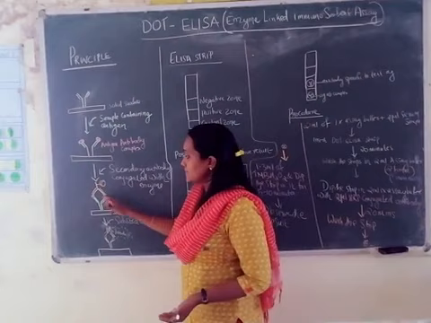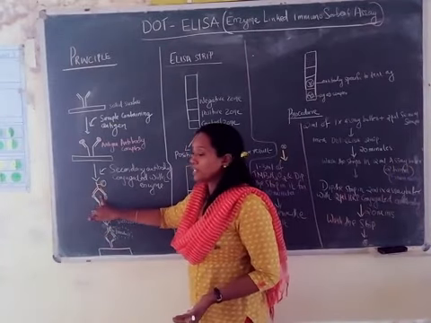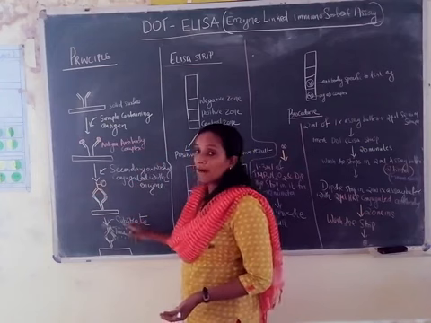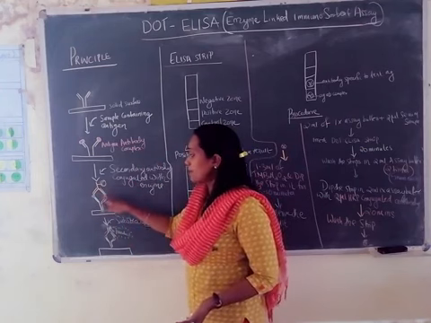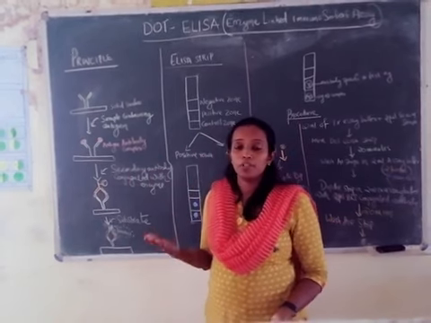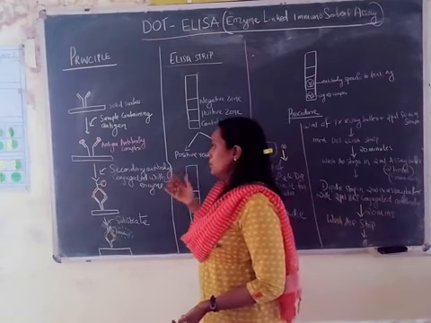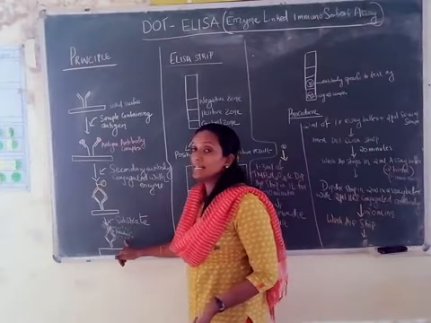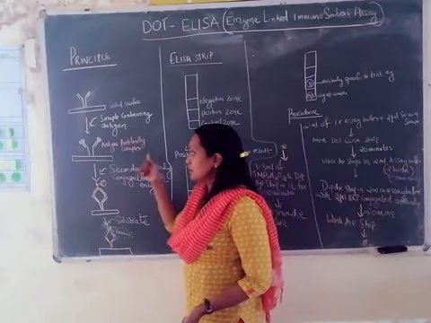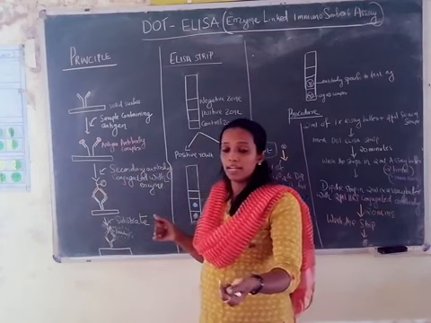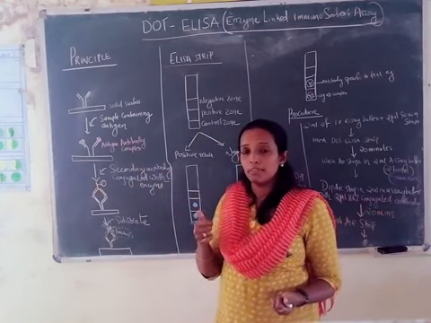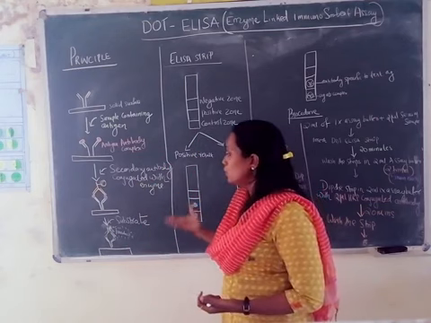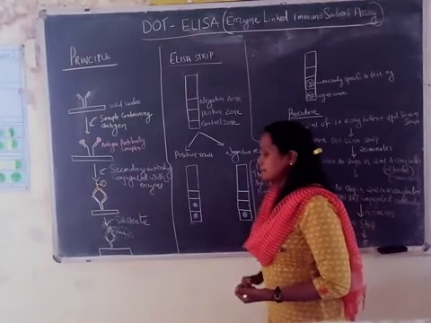As soon as you add the secondary antibody, it binds to the antigen-antibody complex, and after the incubation time, you need to add the substrate. Once this complex is formed, you cannot observe anything with your naked eye, so you have to add the substrate. Since enzyme is there, enzyme and substrate will react together and give a colored product. Since it is horseradish peroxidase, the kit given here has the antibody conjugated with HRP, and we will be using TMB and H2O2 as the substrate. Thereby you get a blue color dot on the ELISA strip.